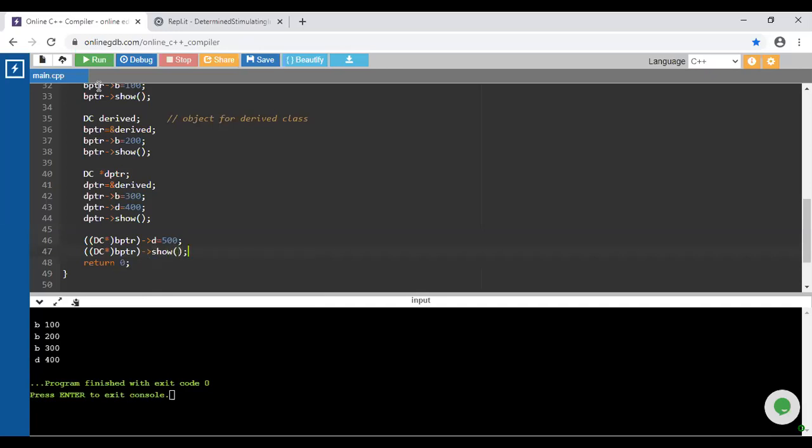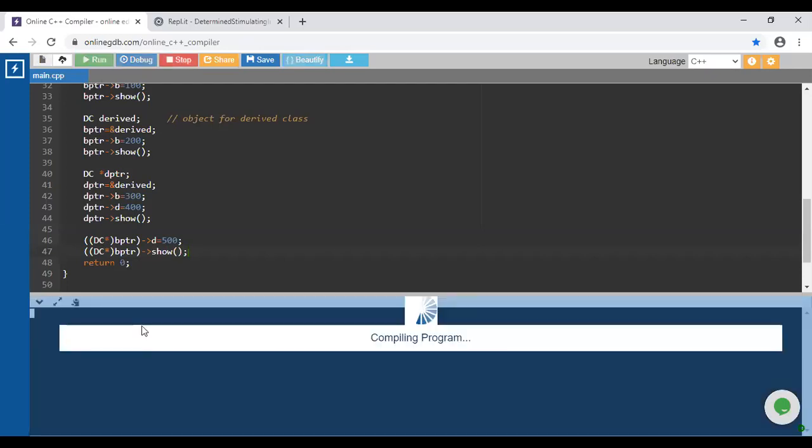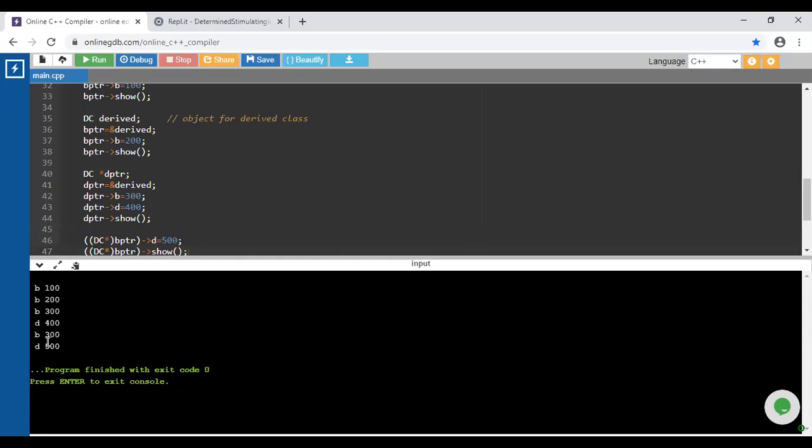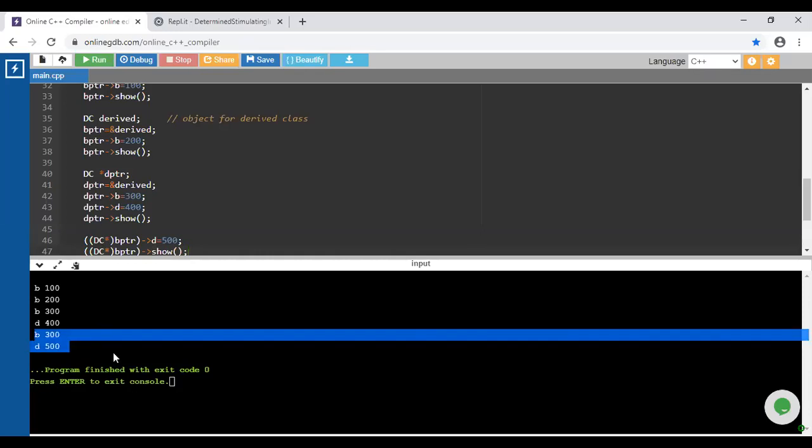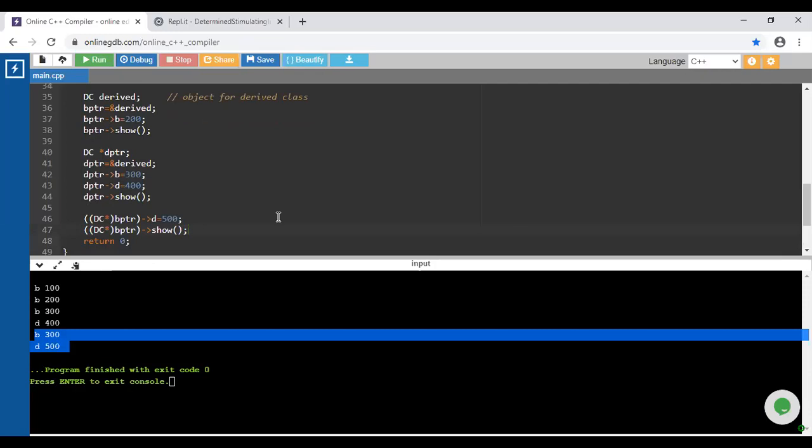Check the last two lines, related to that conversion. b is equal to 300 because we did not initialize b once more, and d is equal to 500. Clear?